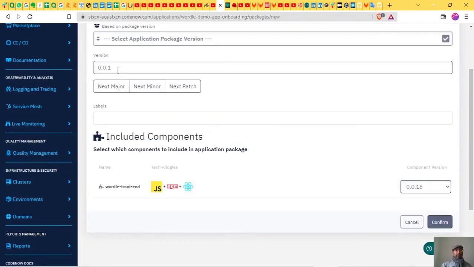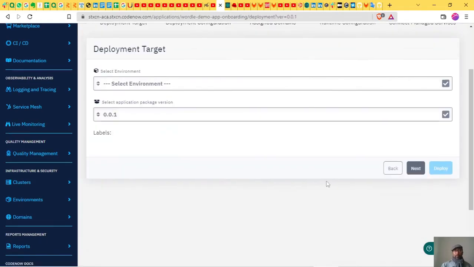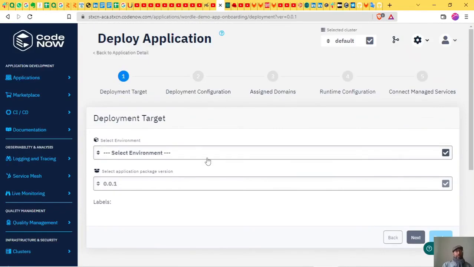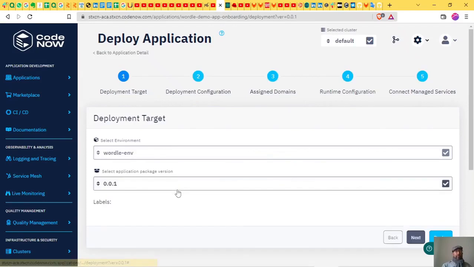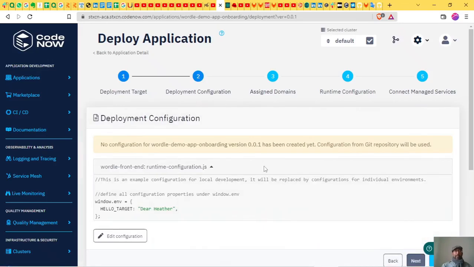So we have the package 001 that is going to be holding the front-end component. And now we can continue with our deployment. So we are going to deploy on the environment that we have created specific to this application, this package that we just created. This package, remember, is just saying I want to deploy the front-end component that I put in this package. I click next,